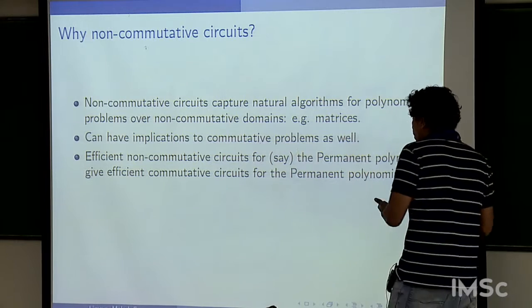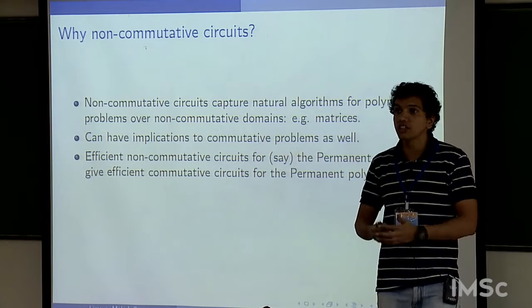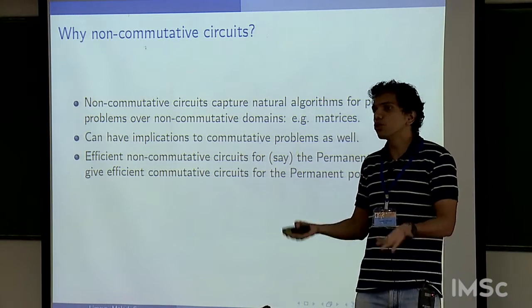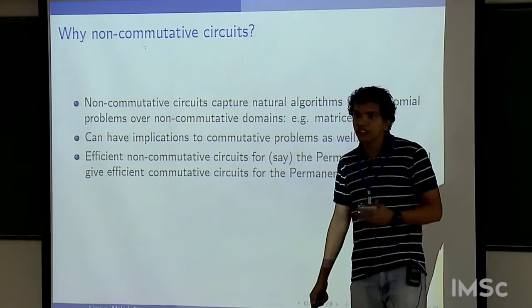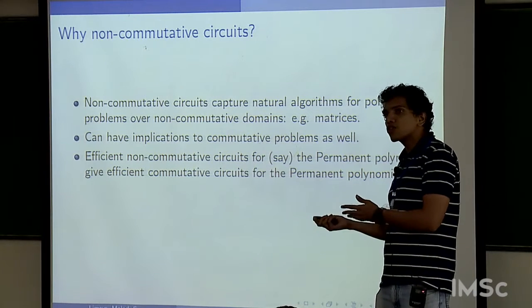So informally, a circuit that is able to work over non-commutative domains that does not take advantage of non-commutativity will always also work in the commutative setting. That's it. So non-commutative circuits actually do more. They work over non-commutative domains. So upper bounds in the non-commutative setting